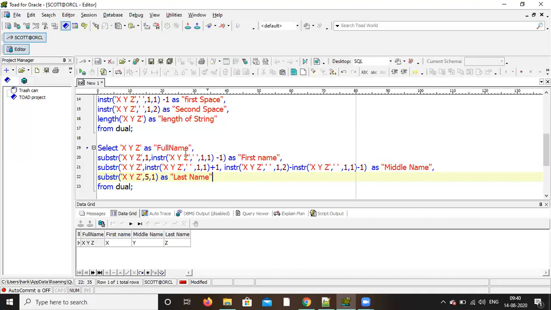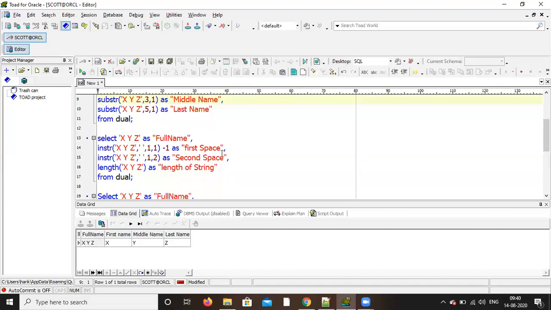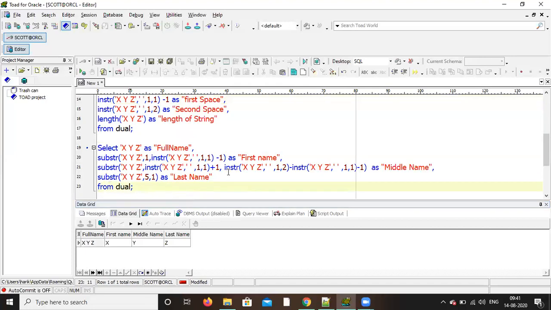How to get the last one? What happened? So first you have to find the second space plus 1, right? Yes. Then length means till the end. So instead of that 5, you write the second space plus 1.